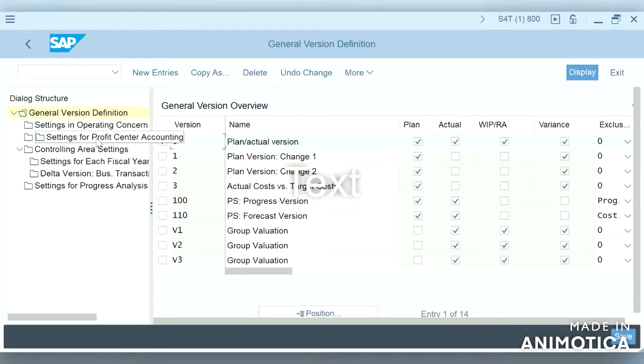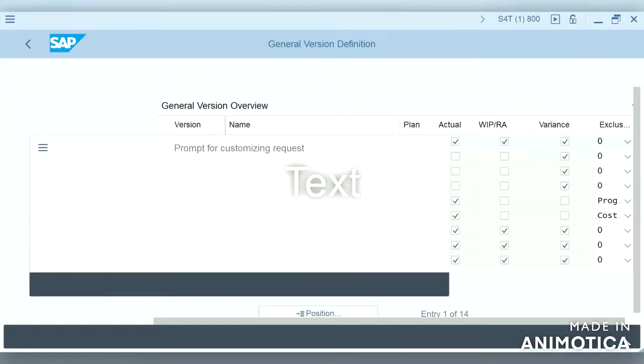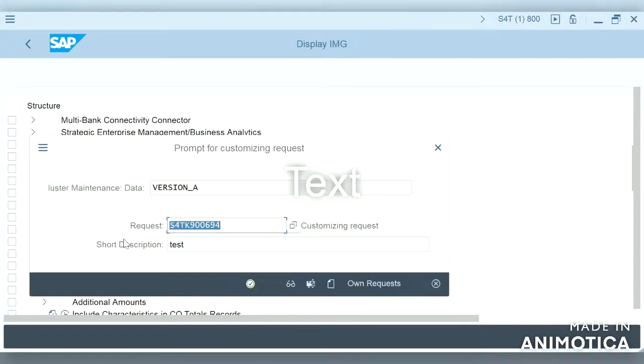So in this version there are different things. As of now, this is enough. So we are selecting version 0.